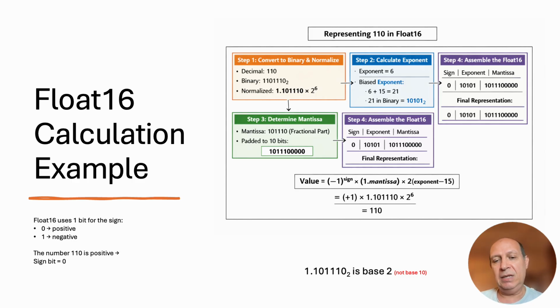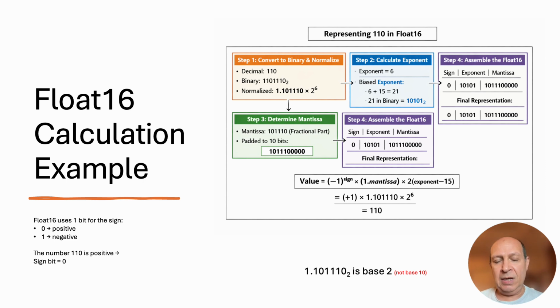In step 4, all we need to do is to just align the sign, the exponent, and the mantissa parts we just calculated in steps 1, 2, and 3. And then we end up in step 4 with the representation starting with, on the most left-hand side, a 0 because it's a positive number, plus 110, right? So it is a 0. And then the exponent is the 21, which is 10101. We identified that in step 2. And then the mantissa is what we identified in step 3, and then we padded it with 4 zeros on the right-hand side.